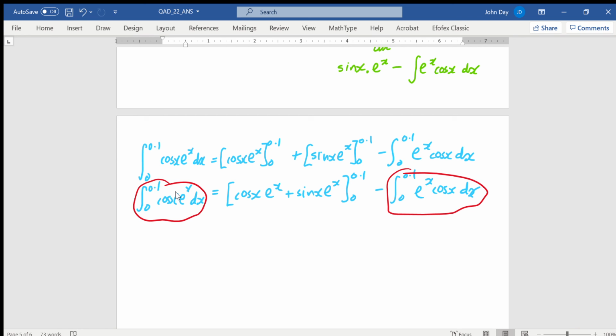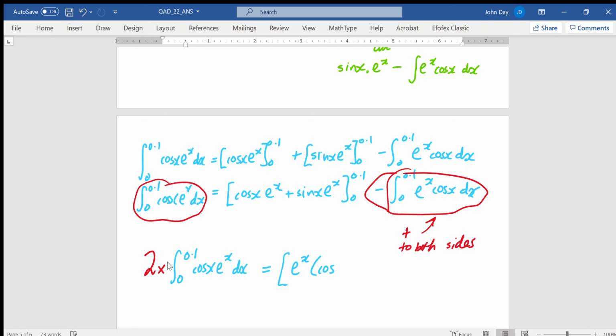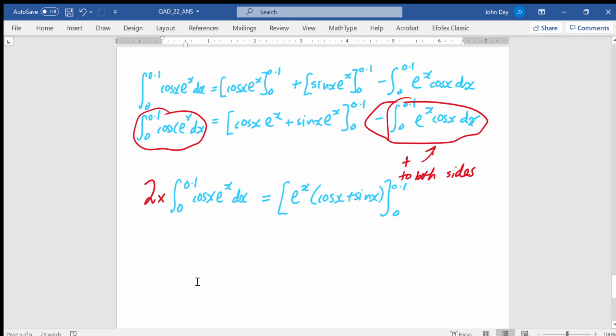So if I add this guy onto both sides, because there's a minus involved there, if I pass that on both sides, I'll actually get two lots of this guy over here, equaling e to the x into cos x plus sine x from 0 to 0.1. So that means the original one, I just divide by 2